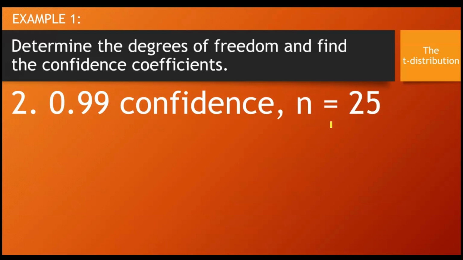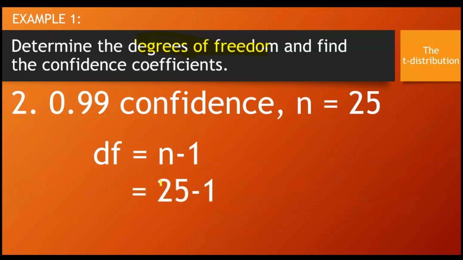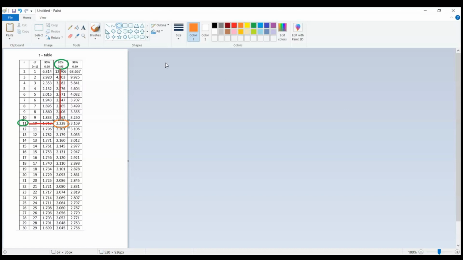So we are supposed to find the degrees of freedom and the confidence coefficient at 0.99 confidence and n equal to 25. So in finding the degrees of freedom, we use the formula n minus 1, substitute n, that's 25 minus 1, hence our degrees of freedom is equal to 24. Now, in finding the confidence coefficient, we go back to our table. Remember that our level of confidence is at